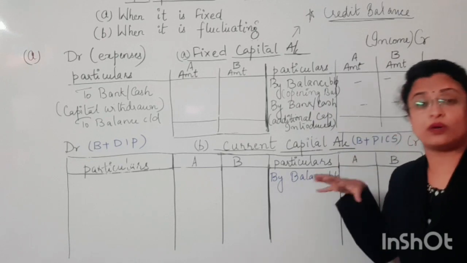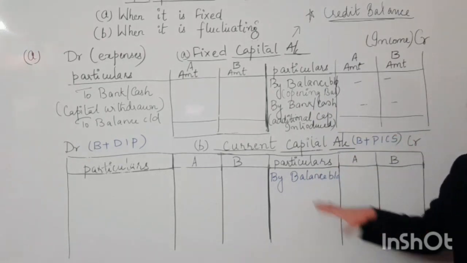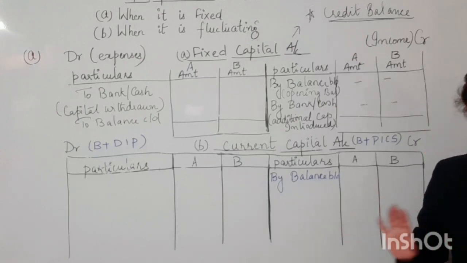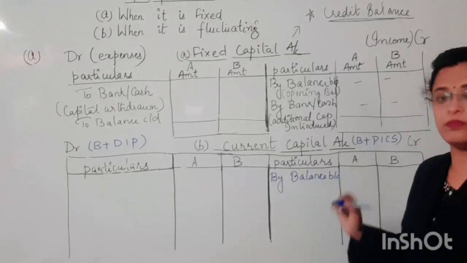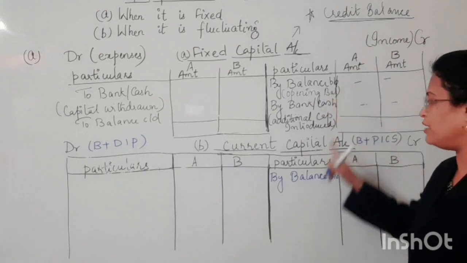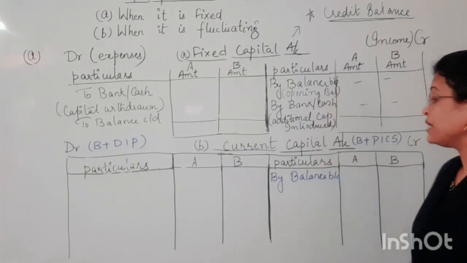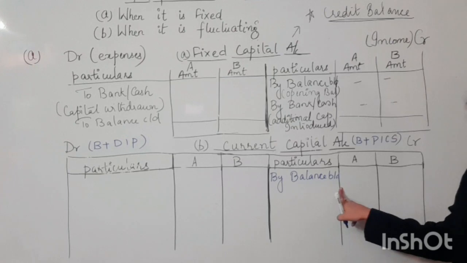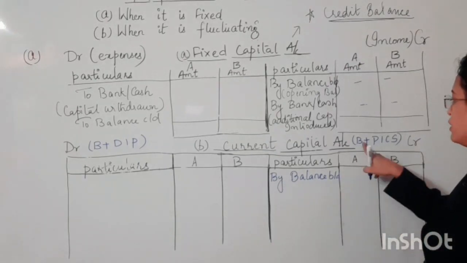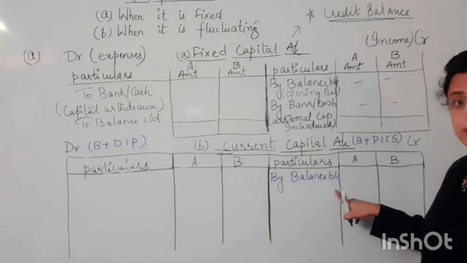And here, if your question gives any current account balances, then only it has to be shown. If the question is silent about it, does not mention anything about the current account balances, even if you have been asked to make it, you won't be writing anything over here. Don't show the same value over here, it will get wrong. So we use by balance brought down if some current account balance is given to us in the question. So the B stands for balance brought down, okay?